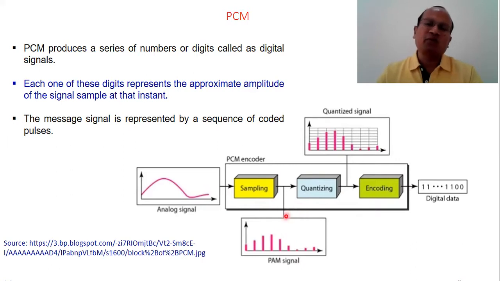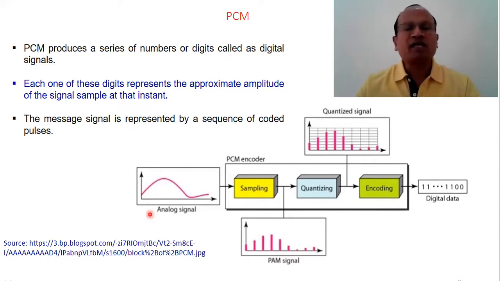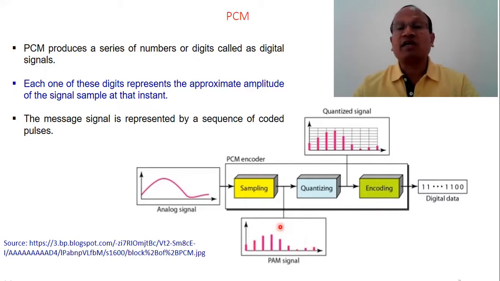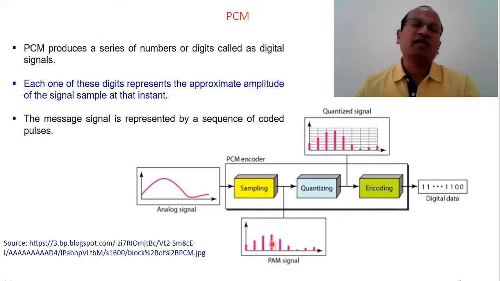Pulse amplitude modulated, where you can find the amplitudes of all the pulses are proportional to the instantaneous value of the modulating signal. Look carefully. The way the instantaneous value of the modulating signal is increasing or decreasing, accordingly the amplitudes of the pulses increase or decrease. This is done by sampling. Now we need some approximation, some rounding off, so that an appropriate encoding could be applied. Therefore we quantize this signal and we get an approximated signal by the rounding off process.